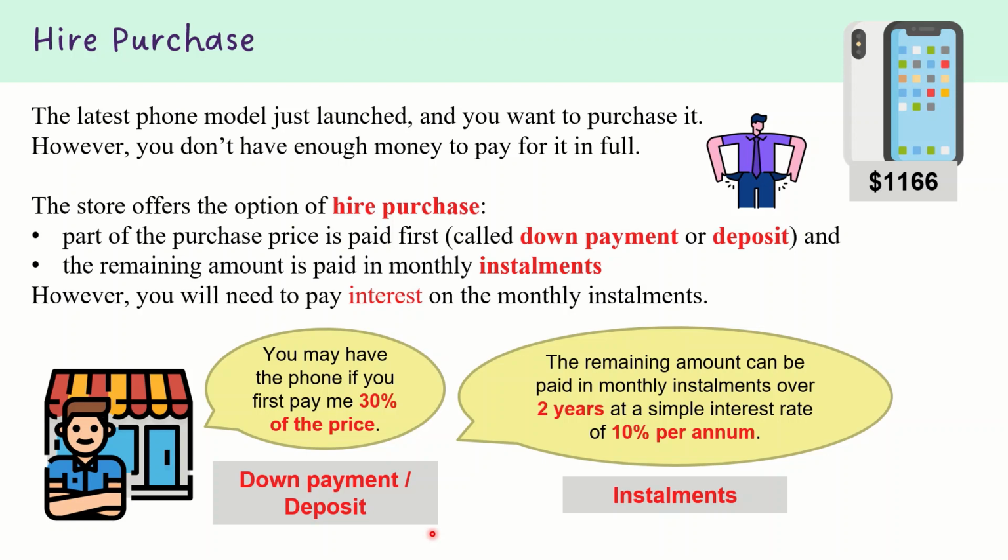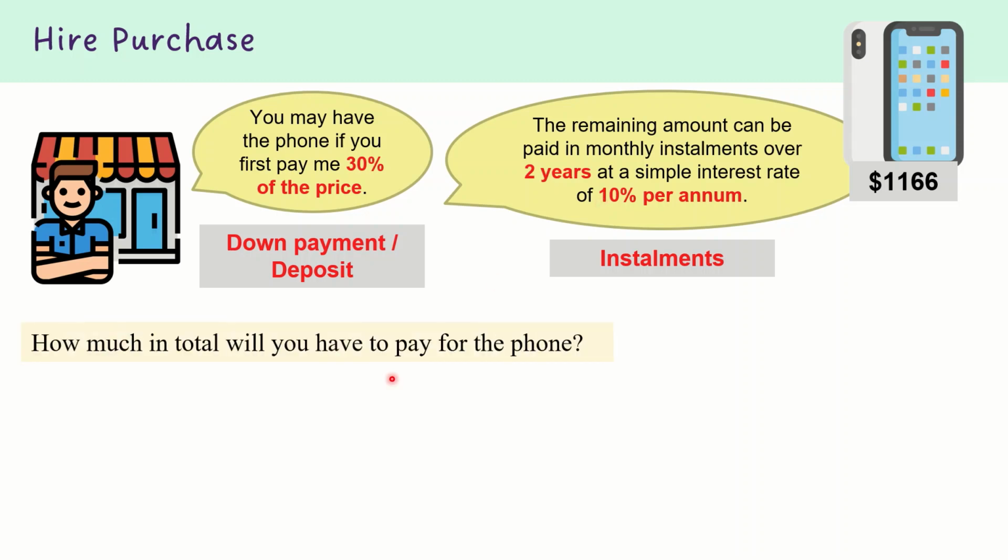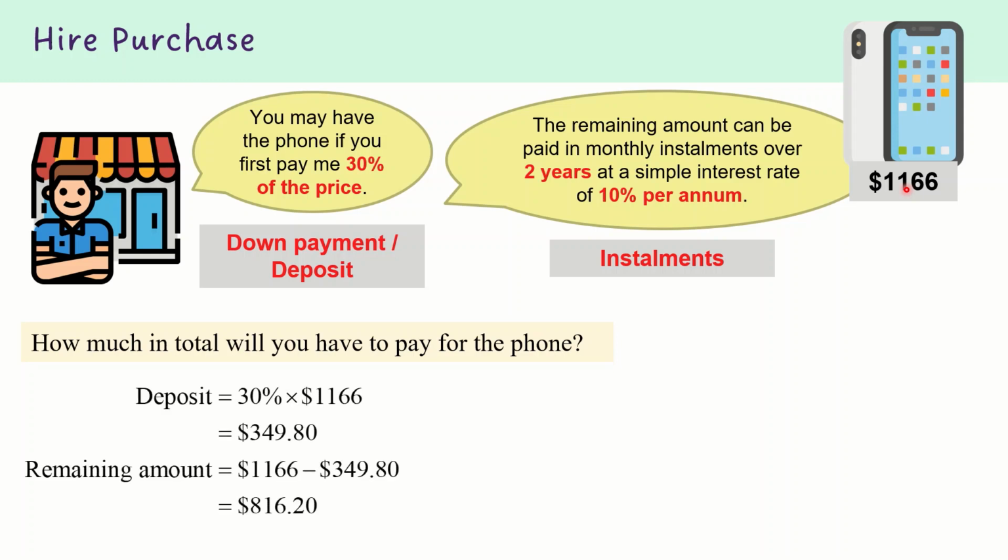So how do we go about solving this example? The installment is paid over 2 years, and there is a simple interest rate of 10% per annum. We want to find out how much in total you will have to pay for the phone. What we first do is find the deposit amount, which is 30% of the original $1,166. That will be $349.80. Then we find the remaining amount that needs to be paid, which is 1166 minus 349.80, and that will give us